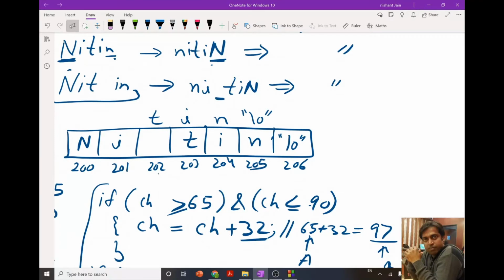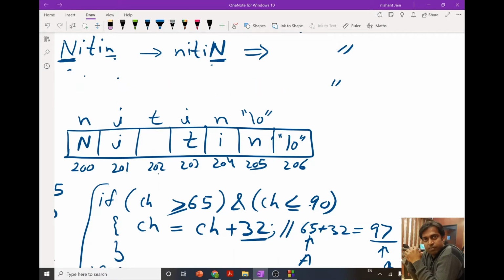Now, to check the palindrome, we have removed this space, and this is small n, so to check whether this string is a palindrome or not, let me erase this.